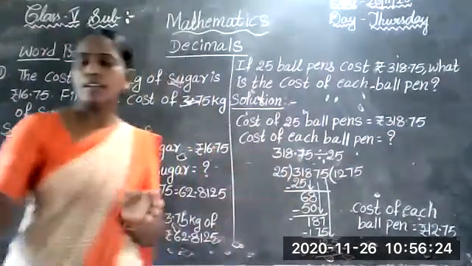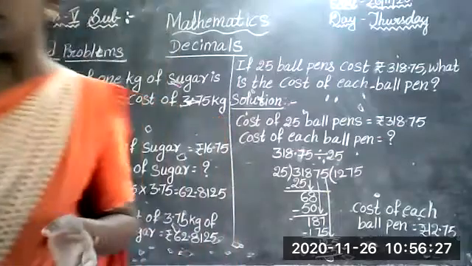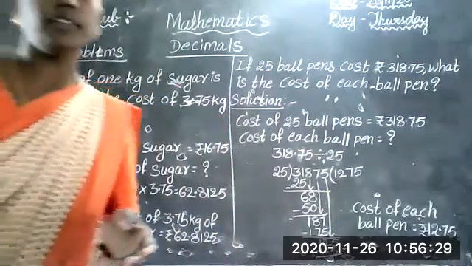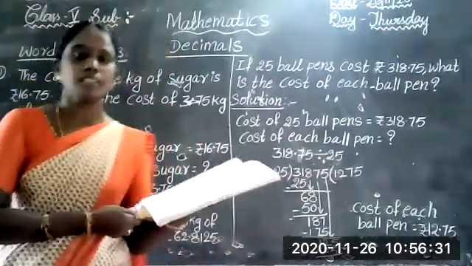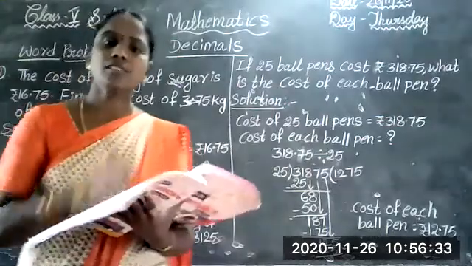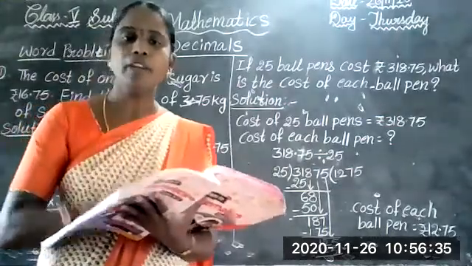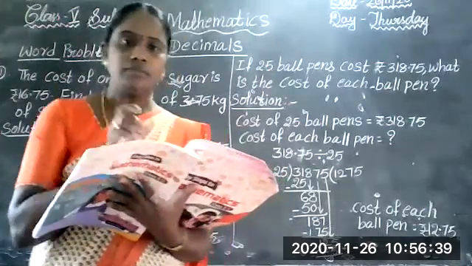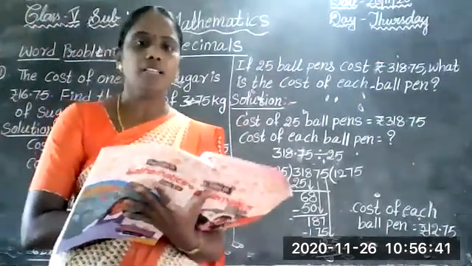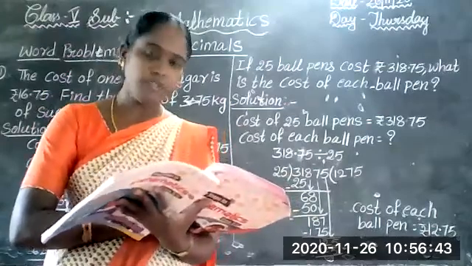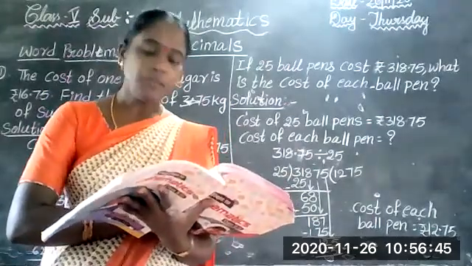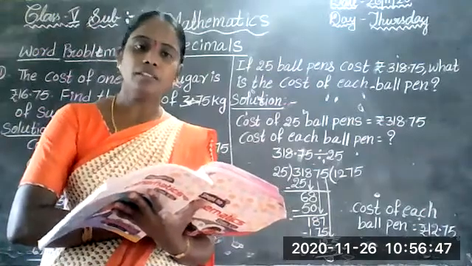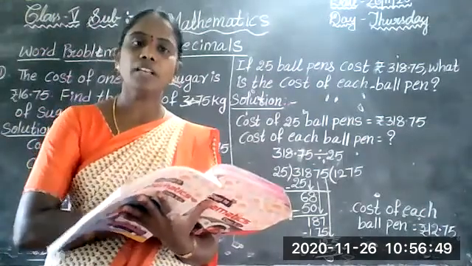In the remaining problems, in your textbook exercise 3.10, some more problems are there, children. Same as this, first read the problem and understand it. Write the steps and do the divisions. Division word problems, do the division, and multiplication word problems, do the multiplication. Okay, try on your own first.